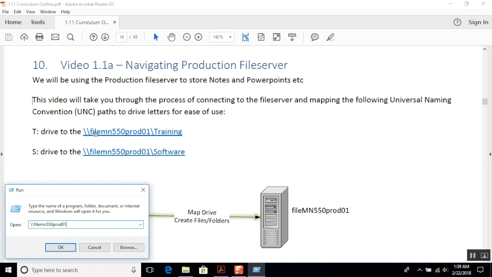So our system is the first 4 letters, so to speak. File is indicating the function of this device, so that's a file server. The next 5 characters is the location, so in Minnesota, this is our site 550. Now in our case, it's the only site because Transcend only has one site at this point, but in a large company like, let's say, 3M or Best Buy or Unisys, those very large companies are going to have hundreds of locations, so having some kind of site code like this is really useful,